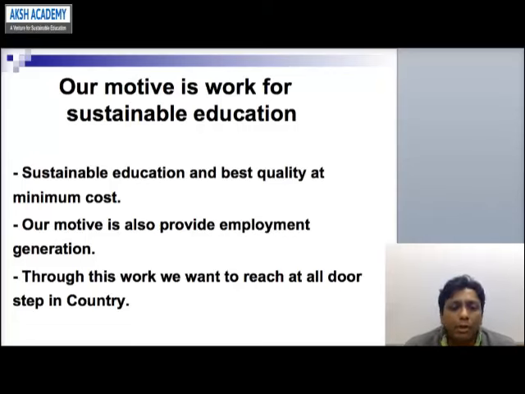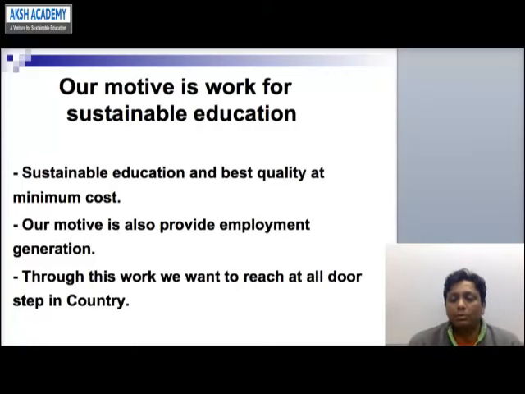Our motive is also to provide employment generation, guys. I think we will be the first one. When our number of students increases, we will reduce the prices of all the test series and all the courses. Because at this time, for employment generation, we also have a good team, and for the employment, they are going to associate with me. That is the reason this time I already have very low prices, but in the future, my ambition is to reduce the price, not to increase the price.